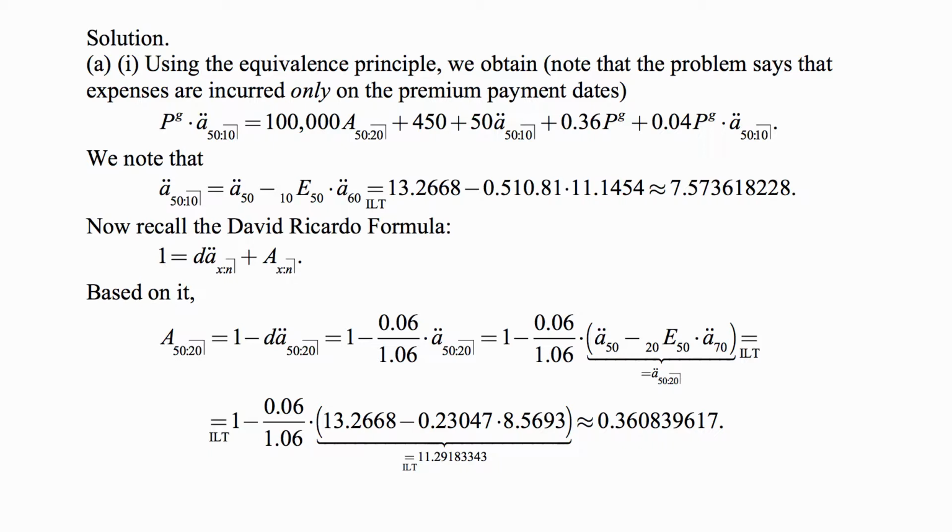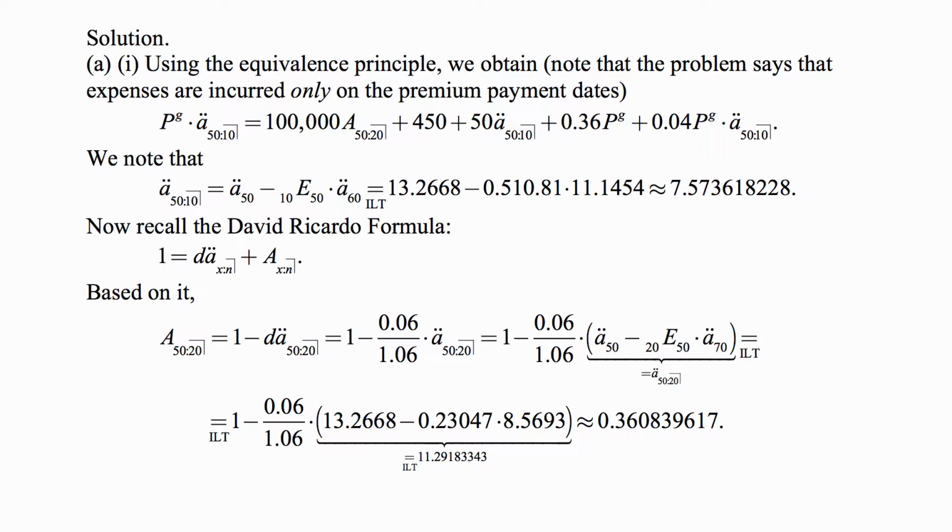Then, using the illustrative life table, we can write A:50:10 as A:50 minus 10E50 times A:60, and now we use the illustrative life table and plug in the numbers from the table so that we can find that 10-year annuity due on a 50-year-old, a 10-year, to be